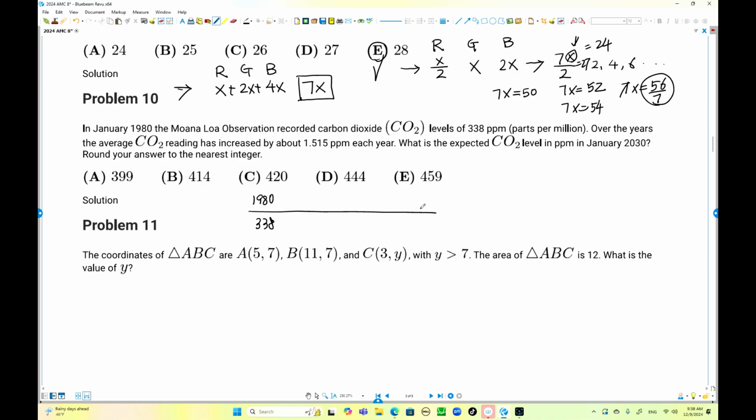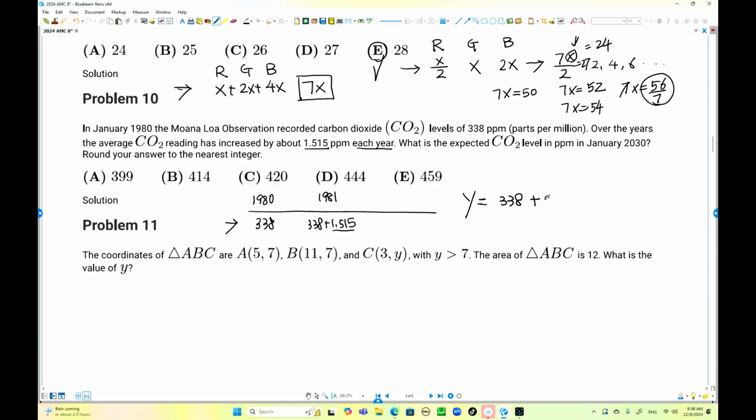But over the years, the average CO2 reading increased by about 1.515 each year. So in 1981, it's 338 plus 1.515. But actually, this increases every year. That is the slope, isn't it? Right, that's the slope. So the equation of this one, this number equals